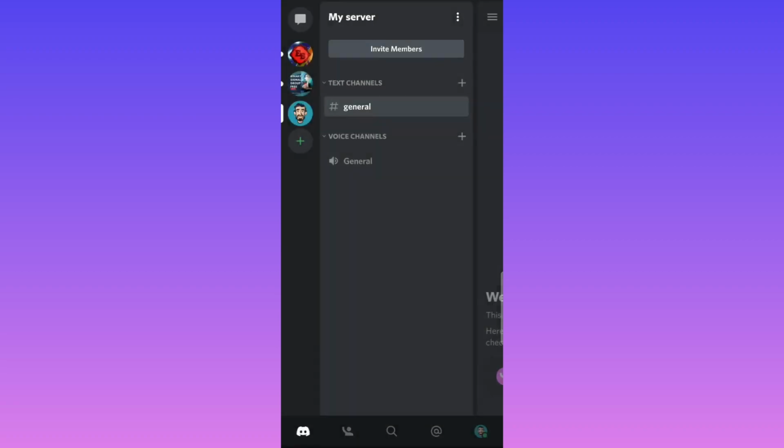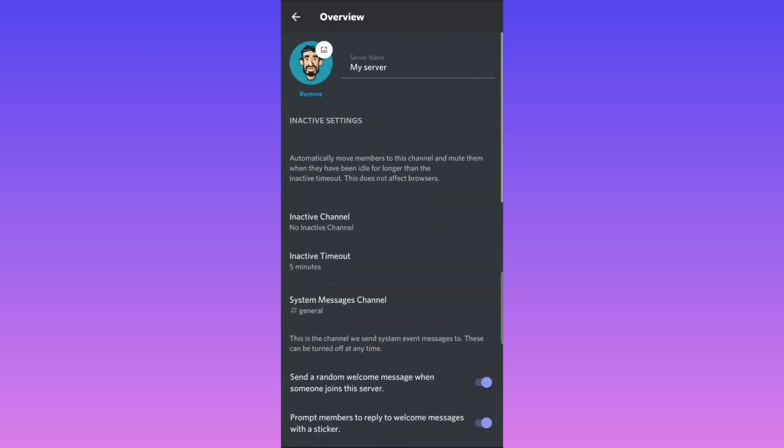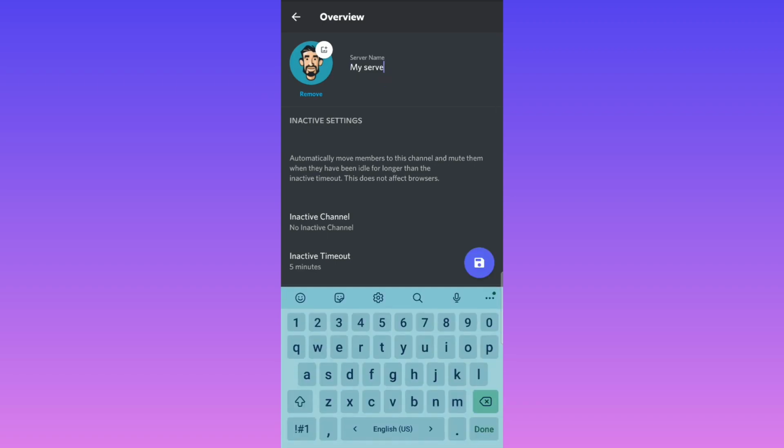Then click on settings, and from the settings section click on overview, and at the top you will see server name. Click on it, and here you will be able to change your server name to whatever you want. Say for example,